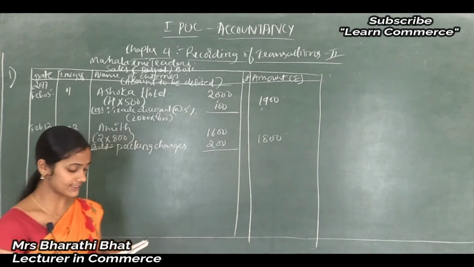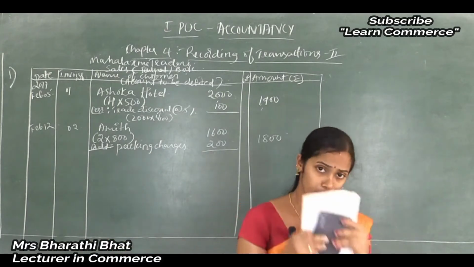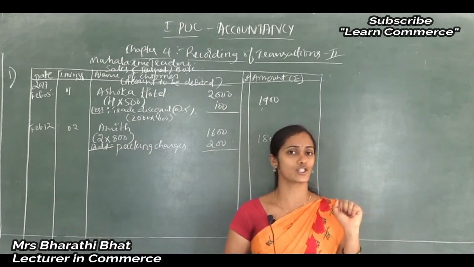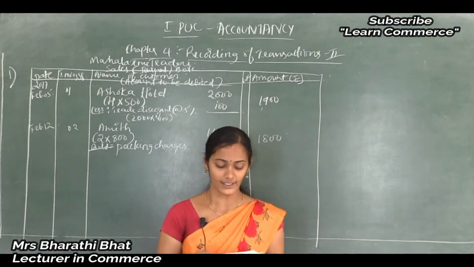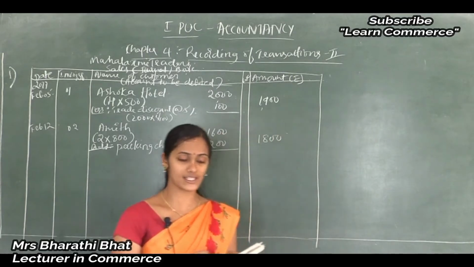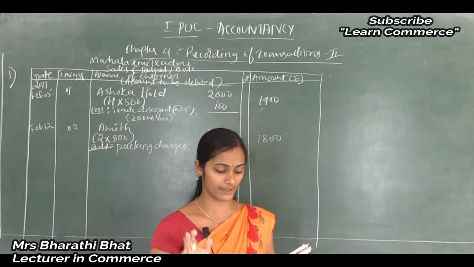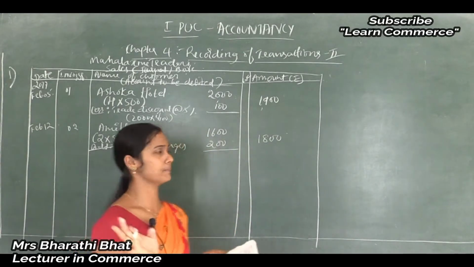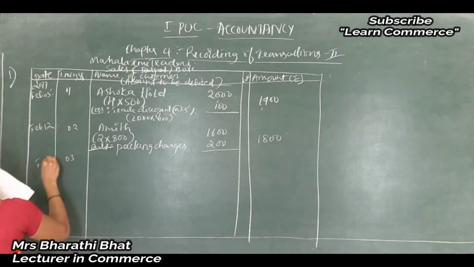On February 19, Vikas bought from us. Bought from us means what? We are the seller. Vikas is considered as what? Customer or purchaser. You are getting my point, right? So Vikas bought from us 5 kgs of coffee powder at rupees 700 per kg at 8% trade discount. Very simple. So third one, February 19.